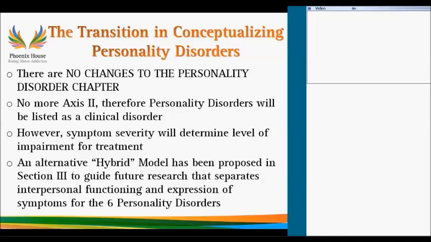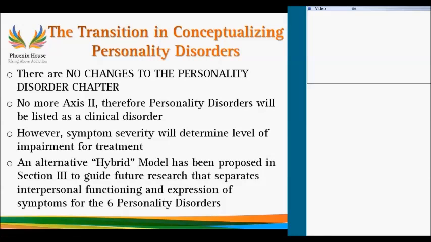The task force basically decided, or I should say the board of directors basically decided, look, there's an enormous amount of changes in this manual, and if we change personality disorders along this new dimensional model that has been proposed, quite frankly, I think they were afraid people were not going to use the manual. I know that myself, when I looked at it, I was like, wow, you have to be kidding me. And I do this and train this for a living. It was that much of a massive overhaul. So what I can tell you is that there's absolutely no change. The difference is that there's no more separate axis.